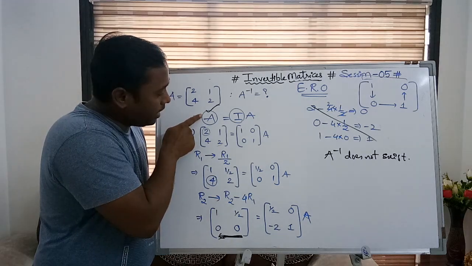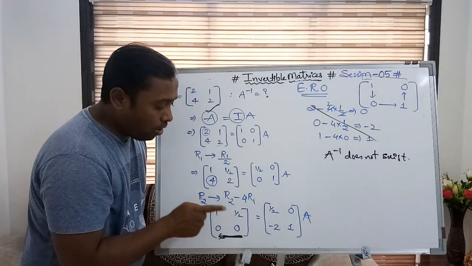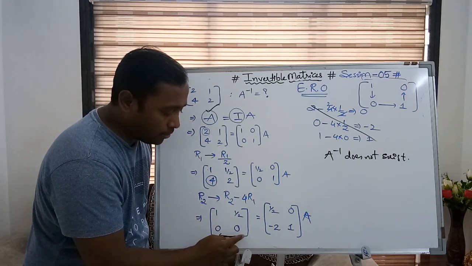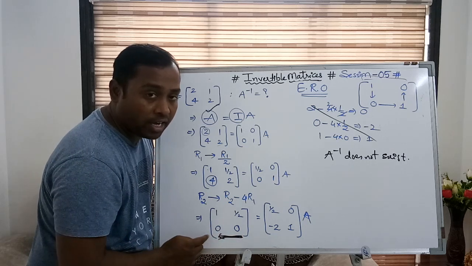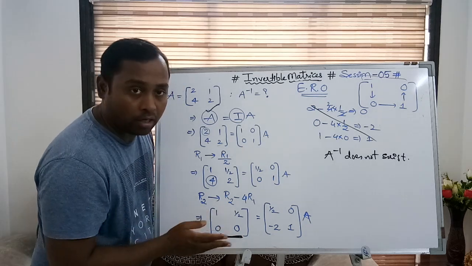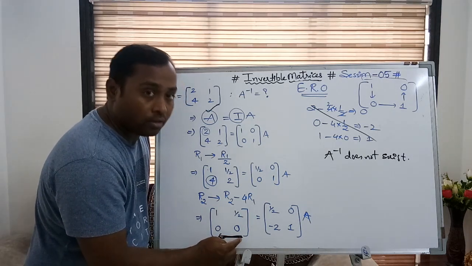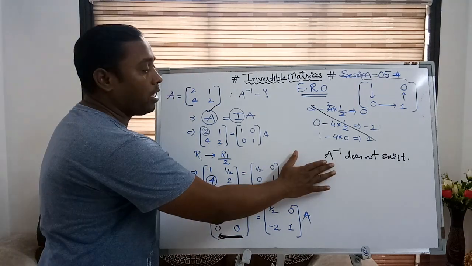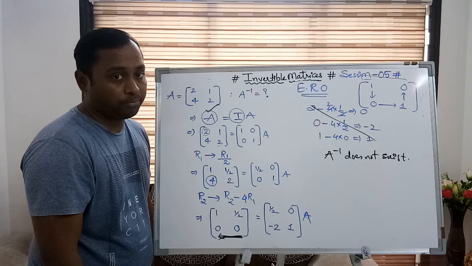So, on the left hand side square matrix, while applying the operations, if anywhere in the process all the elements of any row, R1, R2, R3, whichever it is, are 0, then you can declare from here that the A inverse does not exist, hence no need to solve further.